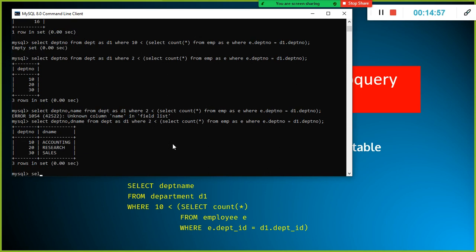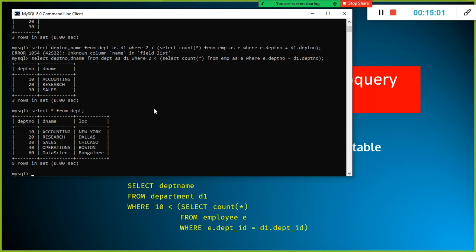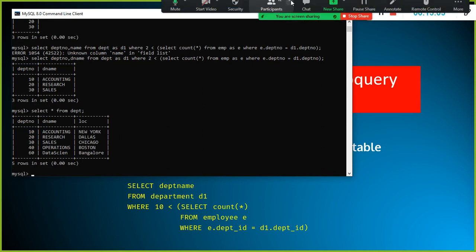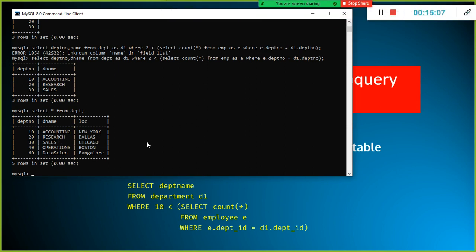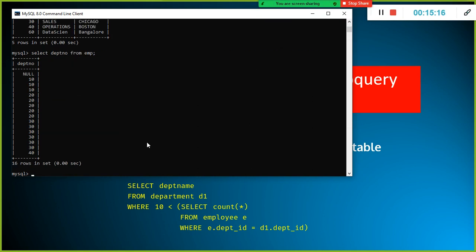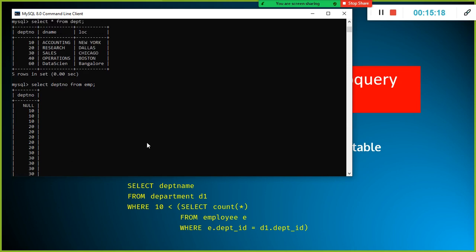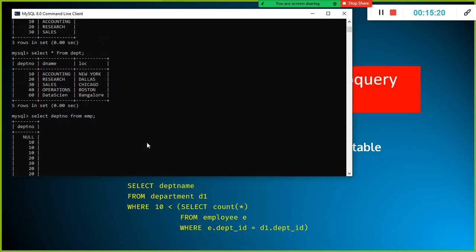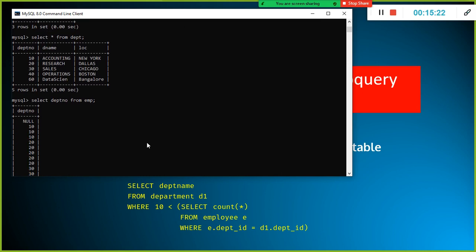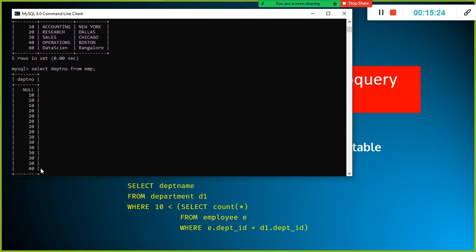And how many records are there in depart? In the department table I have 5 records. And if I look here, select depart number from EMP, we see 10, 20, 30, and 40.